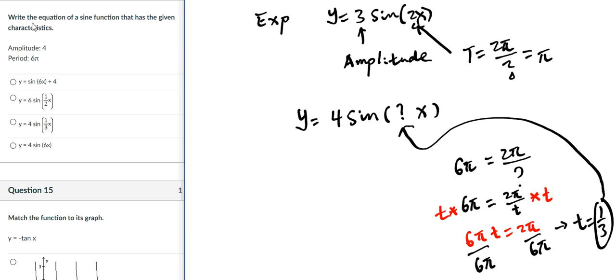Here we want to write the equation of a sine function that has the given characteristics. One characteristic is amplitude is 4. Another one is the period is 6 pi. And here, before we do the question,